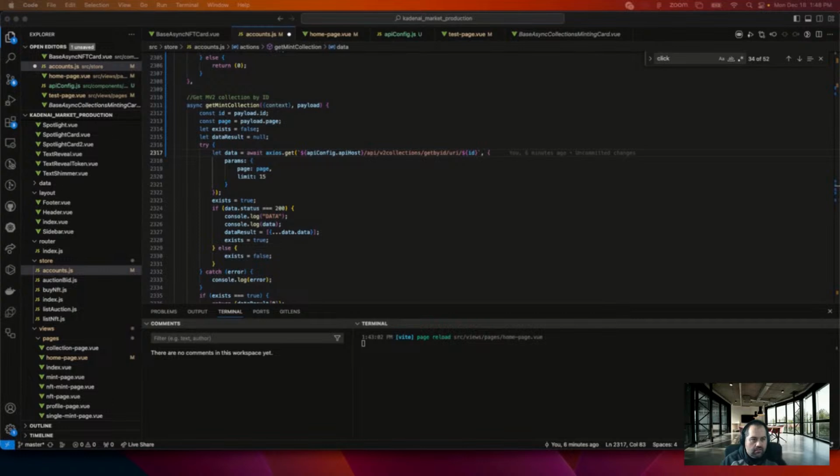Let's see. Interesting. Okay, come on. Get V2 collection. V2 controller. Const. Get V2 function.